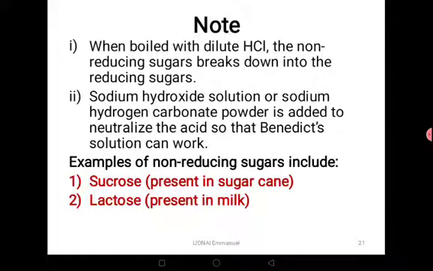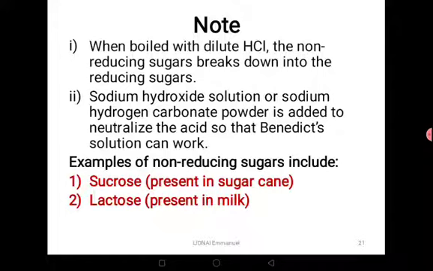And then why do we add sodium hydroxide solution or sodium hydrogen carbonate powder? It is to neutralize the hydrochloric acid that we have used. So that's why the quantity of sodium hydroxide and hydrochloric acid usually is relatively the same, or sodium hydroxide is slightly more, to neutralize hydrochloric acid fully in the solution,